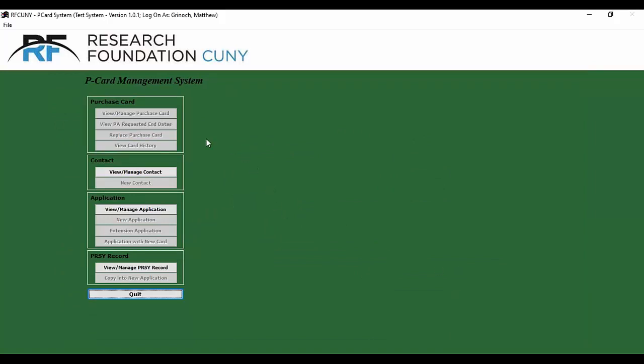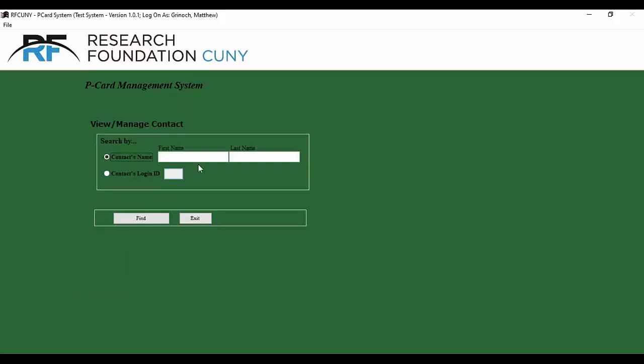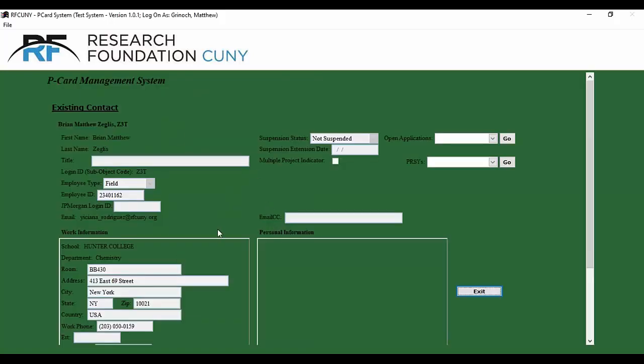So basically, there's 3 sections here that you want to concern yourself with. The first is contact. Here's how you can look people up. And you can pretty much get to any other screen from here. So I'll search here. You can search by name or login ID. And you click find, and it'll pull up their profile. And then you can review their open applications. You select the one you want to look at, and then you click go, or the PRSYs, which are basically